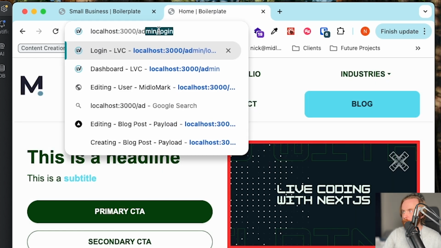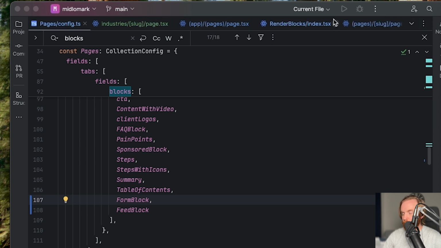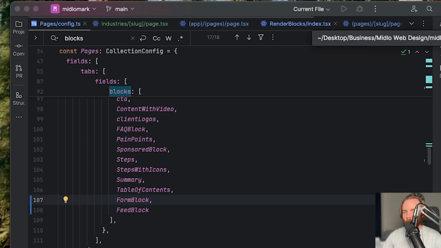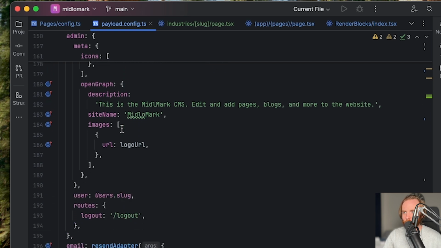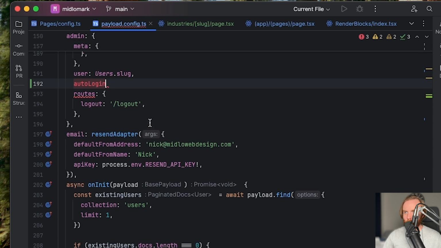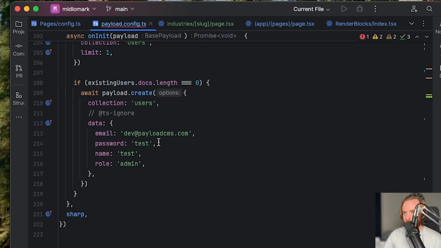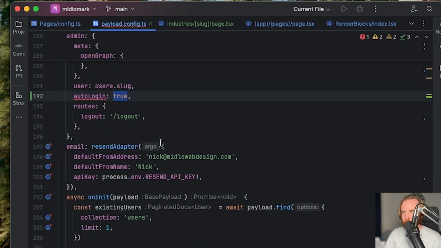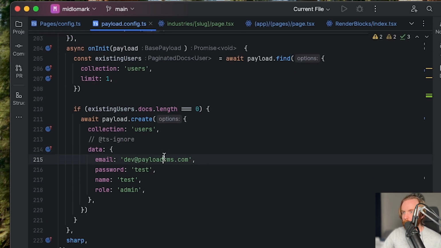Oh, admin. Oh, I get to try a new thing. I forgot. Since I'm not going to deploy this, at least not right now, there is a way to just do auto login. So I'm going to try and do that real quick. That way I don't have to keep logging into this. So let's scroll on down. Oh, there we go. Auto login is actually in our admin, which is what I thought. I didn't think that was going to be the case. So I think this is the Payload dev thing, so I'm not too concerned about sharing that username and password. So I should just be able to do